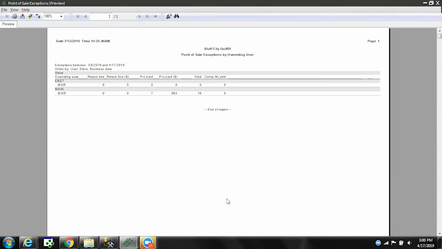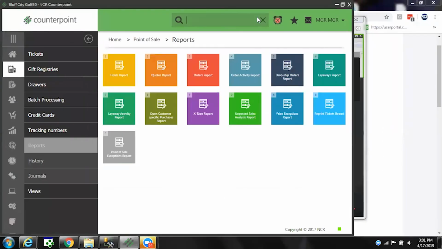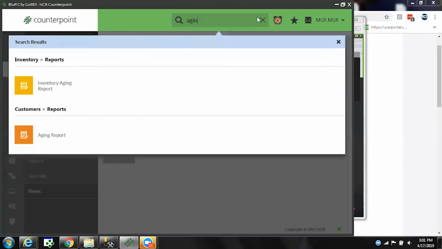Okay, so the first question I have is from Rochelle. Would the inventory aging report also give the accountant a look at a point in time for an accurate valuation? Yes, I would probably use the historical valuation report over the inventory aging report for that, because it's easier to pick your date and time. But if you use the inventory aging report, you can set the number of days in each period. So if I go back to that aging report, and I'm not going to run it,